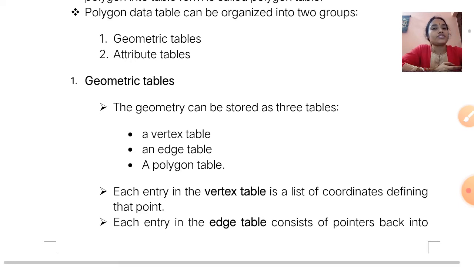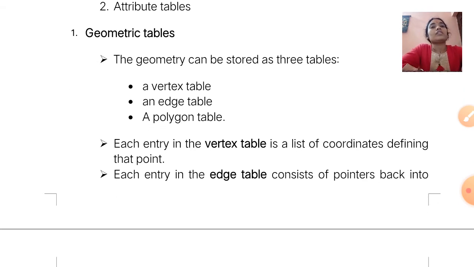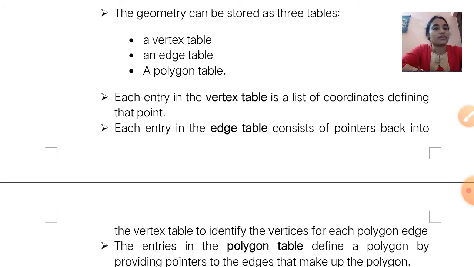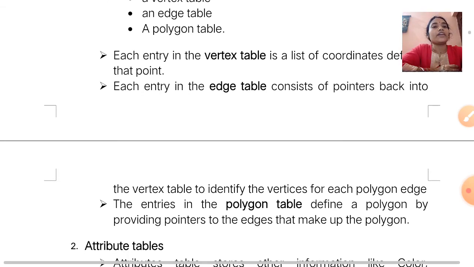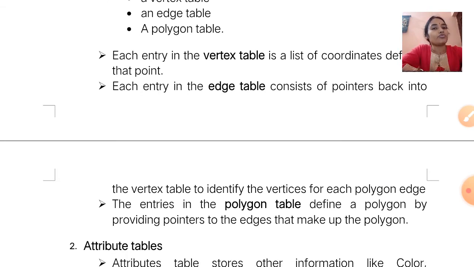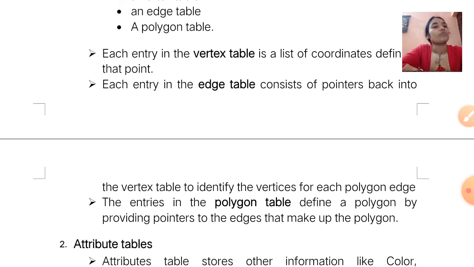In the vertex table, we can store the list of coordinates defining each point. And the edge table consists of pointers back into the vertex table to identify the vertices for each polygon edge.